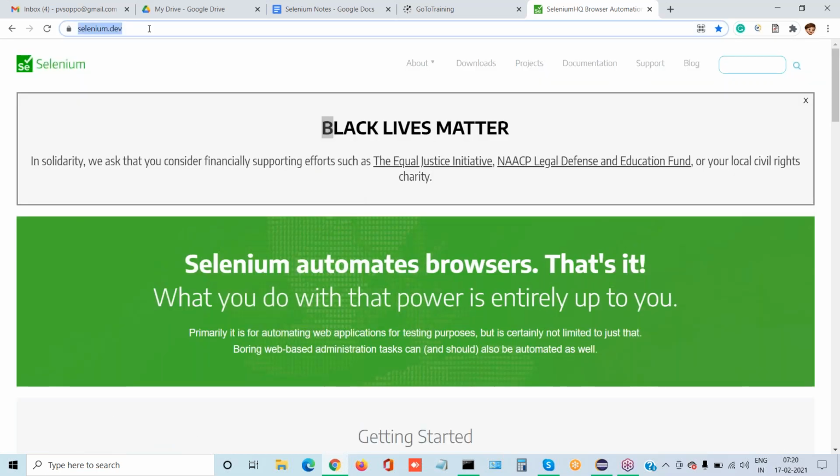Why are we not able to see your title? A little bit down. This one, yes, this is Selenium. Hold on. This is the title: Selenium HQ browser automation, selenium.dev.